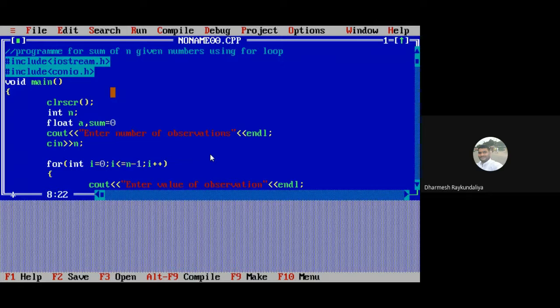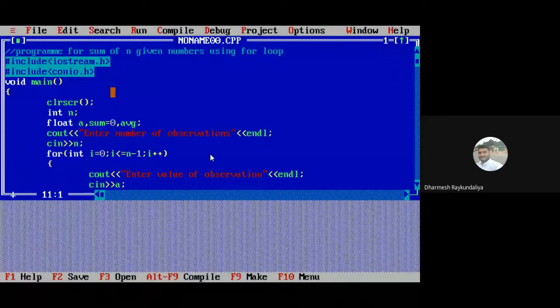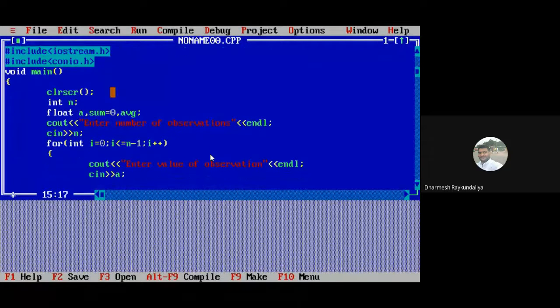So sum is initially 0, and average. You can declare it in between also, there is no issue. And then you will calculate sum plus equal to a.